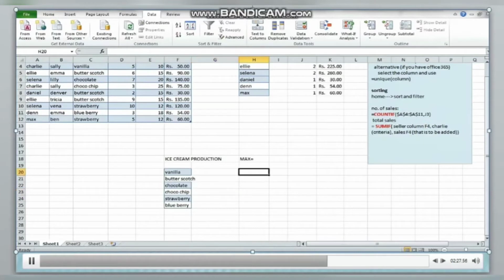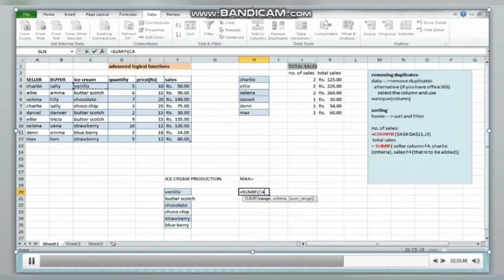To do this, I will use the SUMIF function, equal to SUMIF bracket, the range would be the ice creams range, comma, criteria would be this one, comma, sum, you have to sum the quantity. Close the bracket and press enter. When I drag it down, I'll get the total quantities of each of the flavors.